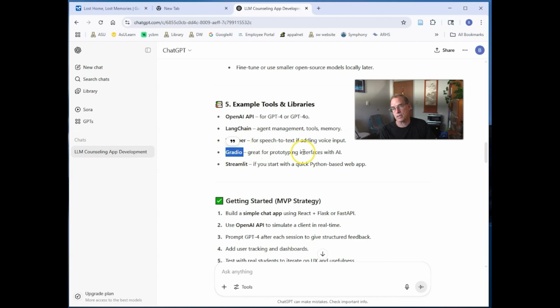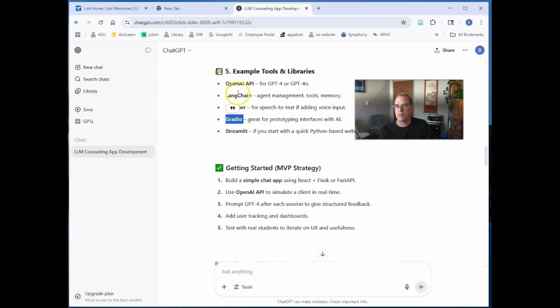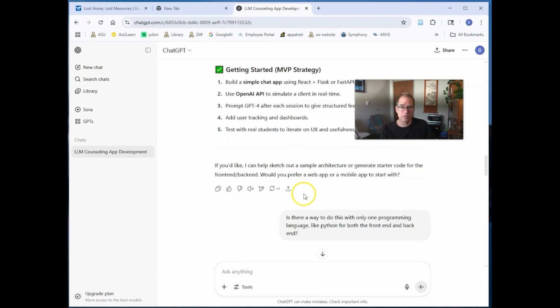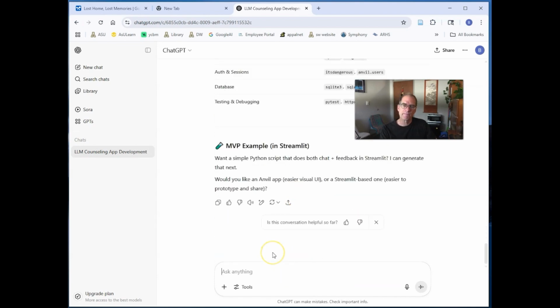Gradio, that's what it's talking about for prototyping interfaces with AI. So I'm going to use Gradio. And then this thing called LangChain, which is for agent management. So I'm going to have to learn something about agents. So anyways, I'm talking with it. So now I've kind of learned a little bit about this by watching some videos, but what I'm going to